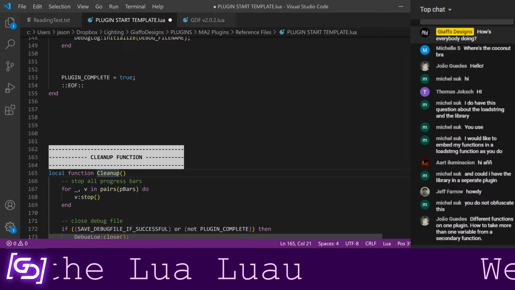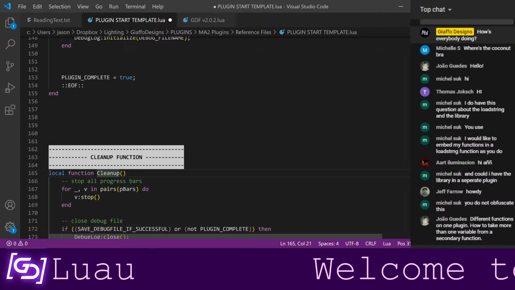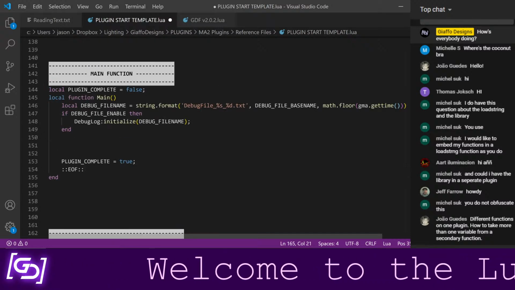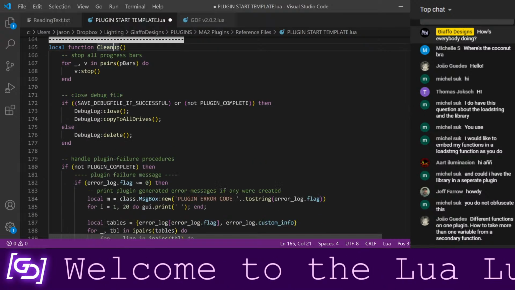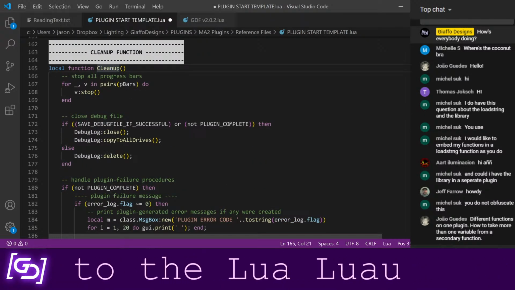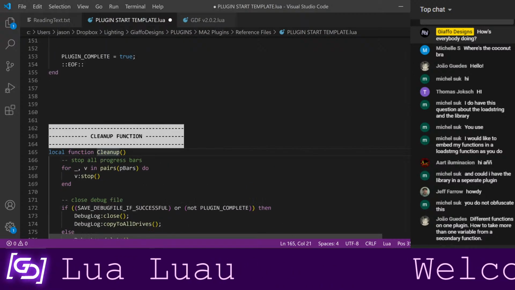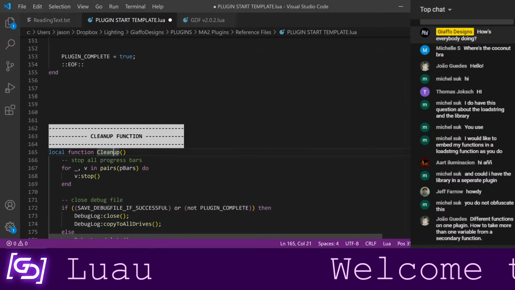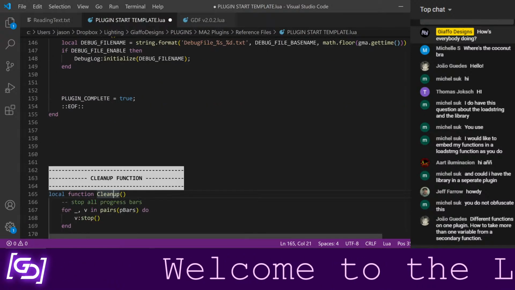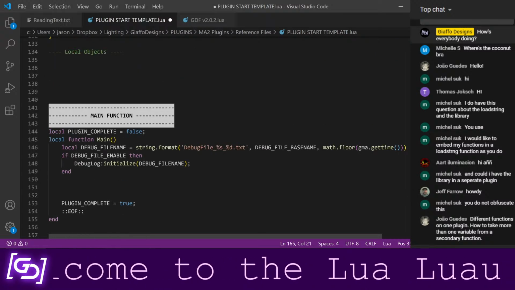No matter how well you write your plugin, whether during testing or when you send it out for other people to use, it will crash at some point. There's just no way to account for every possible thing that could come up with it. When it does, you want to make sure that you don't have anything that makes it basically impossible to use the desk, or that you've left any mess behind that the plugin was supposed to take care of later that wasn't taken care of. And toward that aim, I have a few things in place.